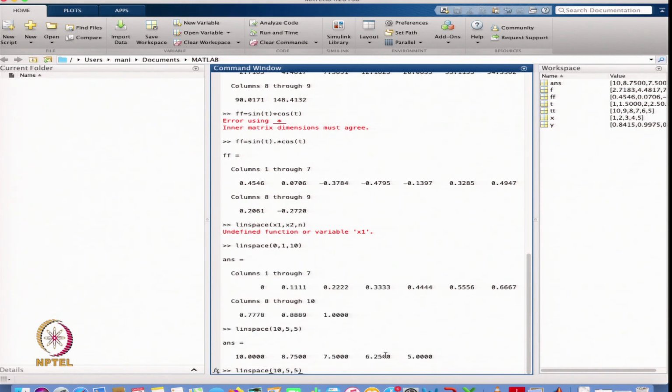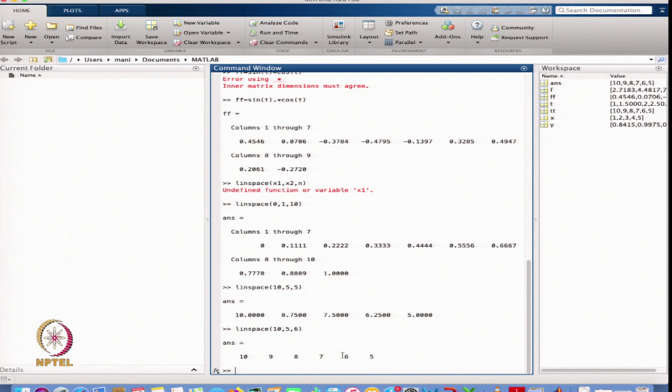Similarly, I can define the same one with 6 elements, and then it is 10, 9, 8, 7, 6, 5. Whatever starting point and end point you define, it will distribute the mesh points in between linearly.